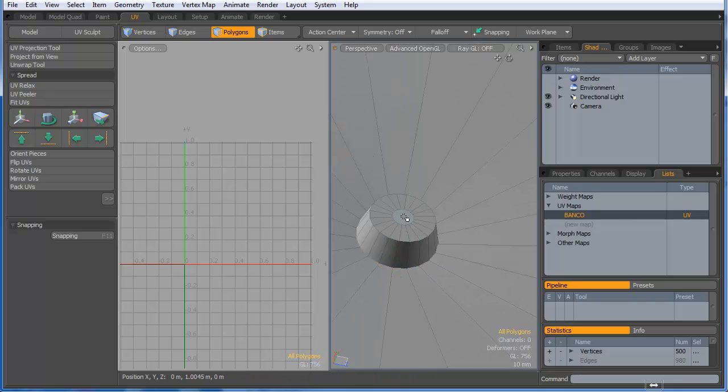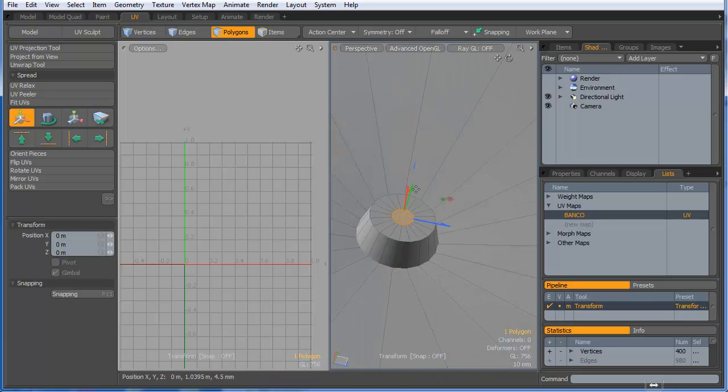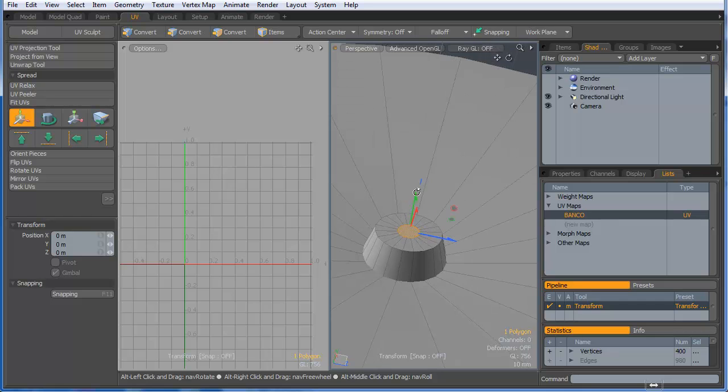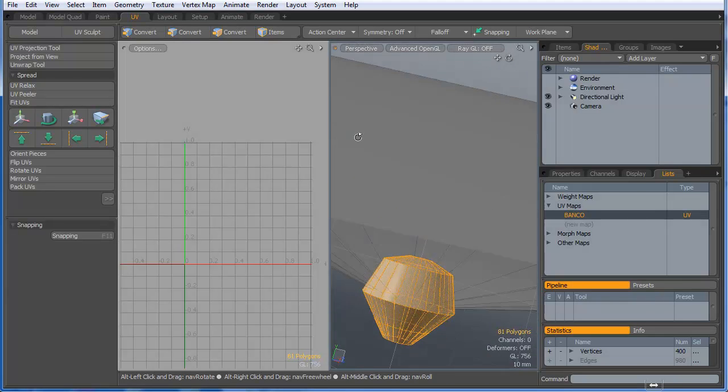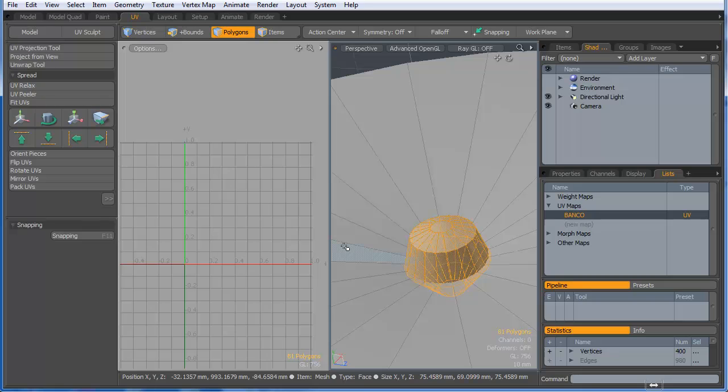Actually, I'm going to select that polygon and move this up and shift up arrow to select all those polygons, and I will hide it. Let me go back to Swan and I will hide it,